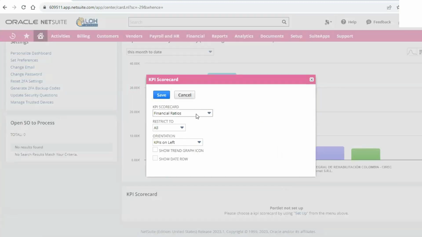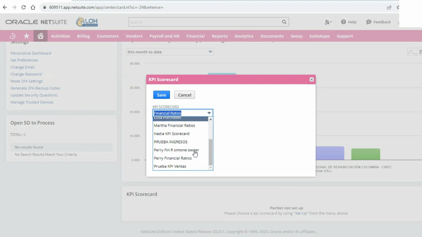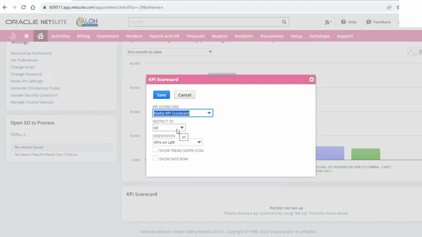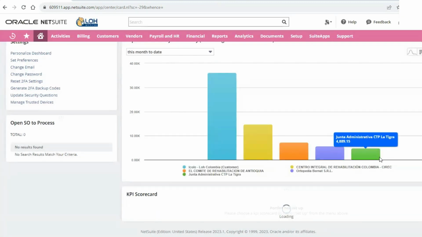You can set up KPIs. Let's use the scorecard that's already configured.